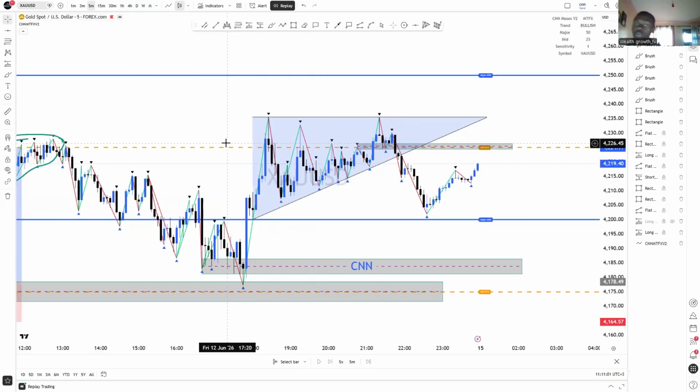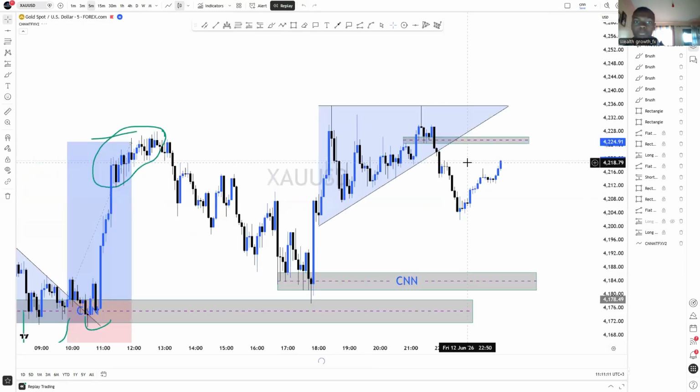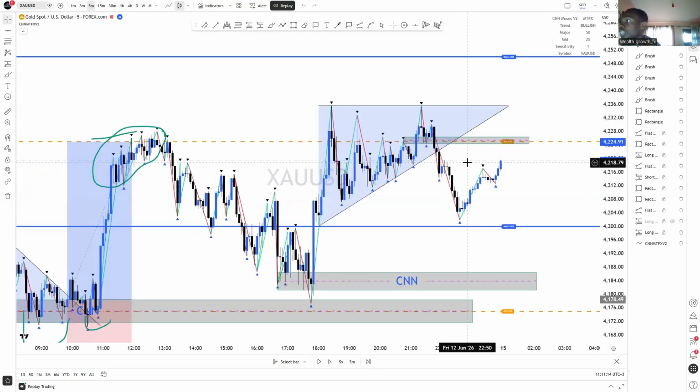Currently, today is Saturday. We are waiting for the market to open on Monday, and we have a few zones to be looking out for. For example, on gold, you might be looking for a selling opportunity on Monday. And with that being said,